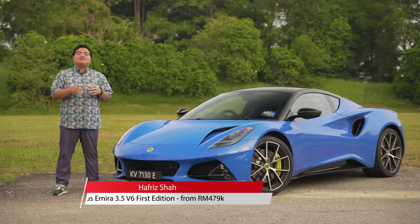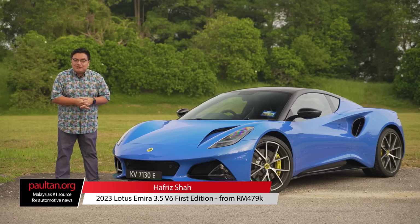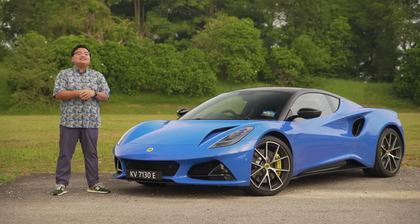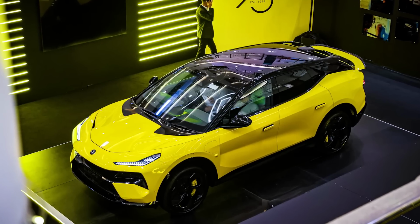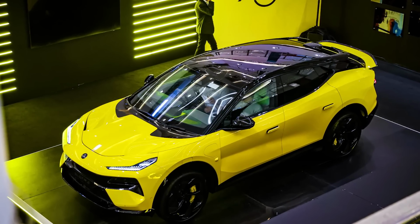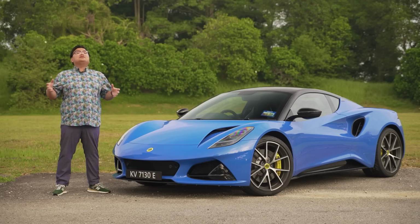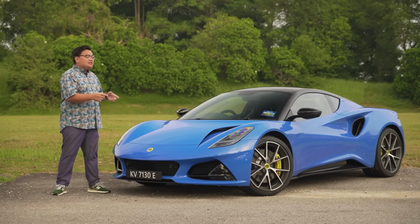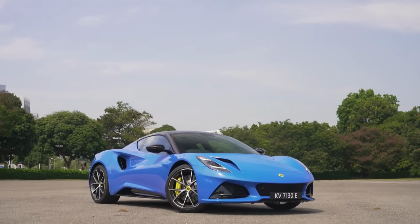So when Lotus recently launched the full electric Eletre SUV, a lot of people came out of the woodwork, hands up in the air, saying this heavy SUV goes against everything that the Lotus brand stands for. Well, I'd say all those guys have completely forgotten that alongside the Eletre, Lotus also makes this,